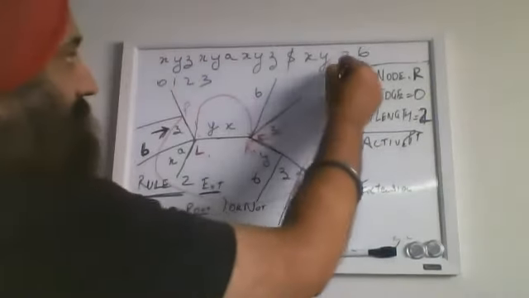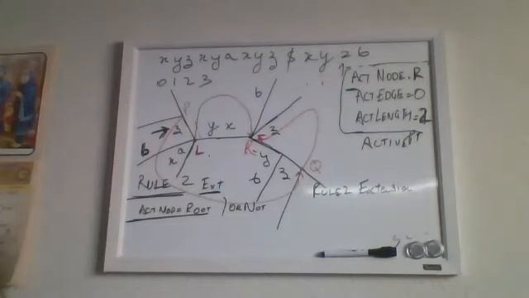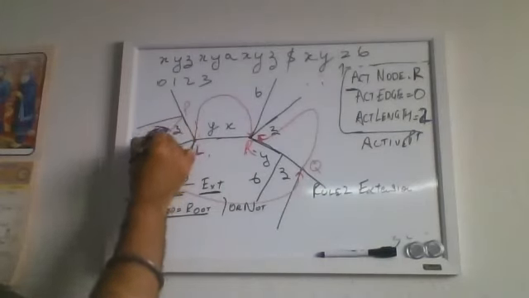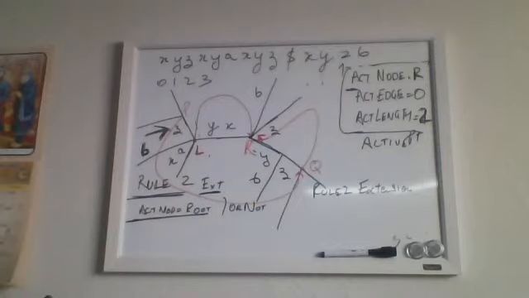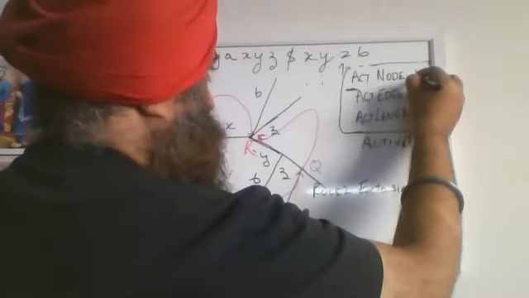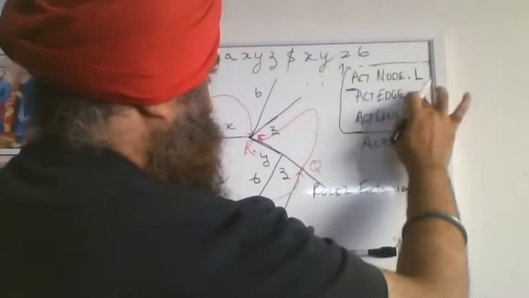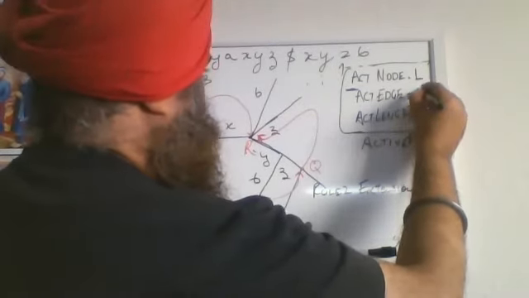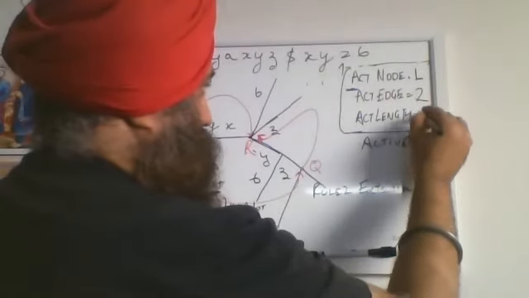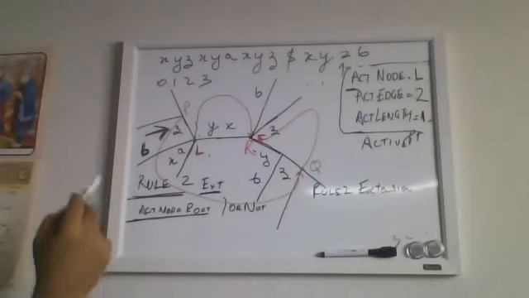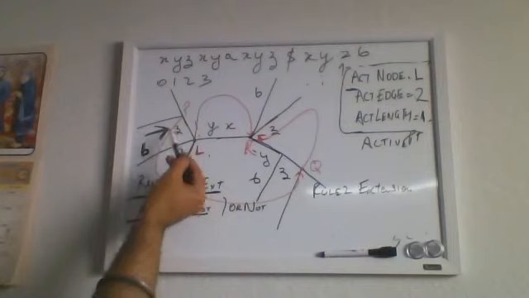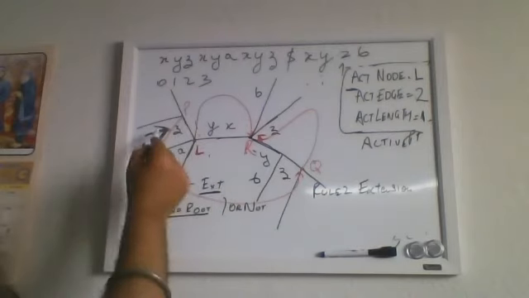Now the next thing is z. You see z is already present, so this becomes your active point. But now you have jumped a node like I told you in the previous step. Your active node becomes L. Your edge becomes the new edge, which is 2, and your length becomes 1. Basically, it tells you in your next extension, you have to start from L, move in the direction of edge, that is z, to 1 length. So this is your active point.